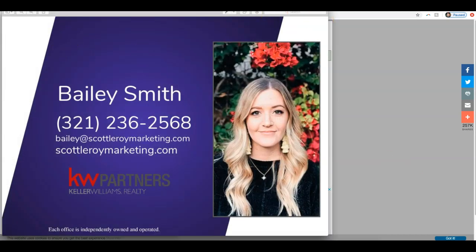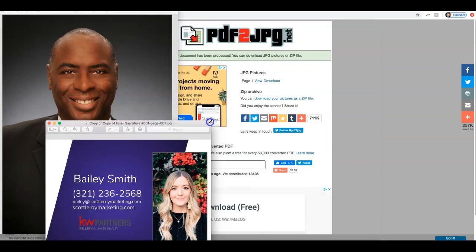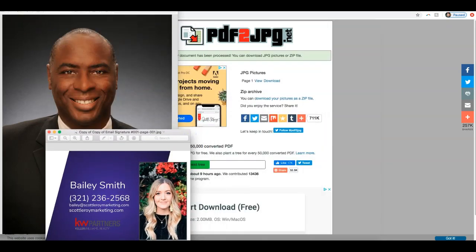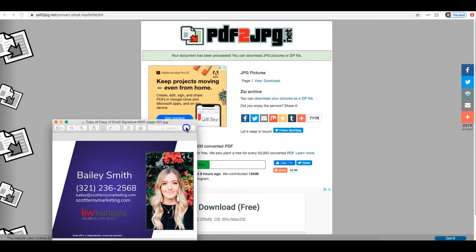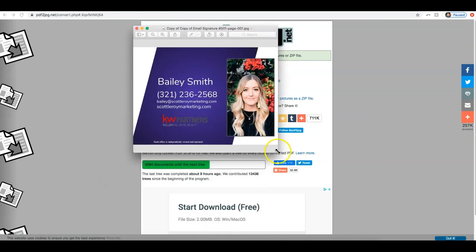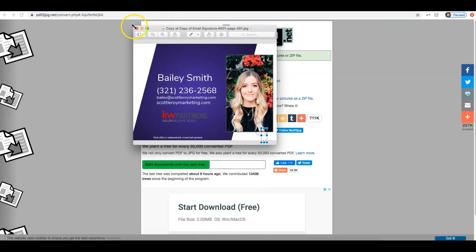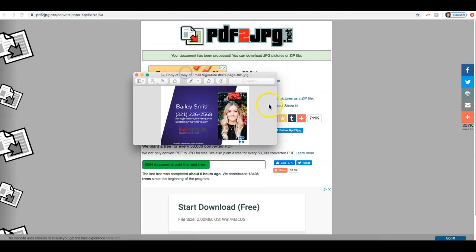And I know it looks kind of fuzzy still, but it's not going to be that. Oh, who's this? I guess I had somebody's headshot pulled up. Of course, this is probably going to be a lot smaller in your email, but you can see that looks pretty good. So now you can go in, take this JPEG file, and attach it into your email signature section